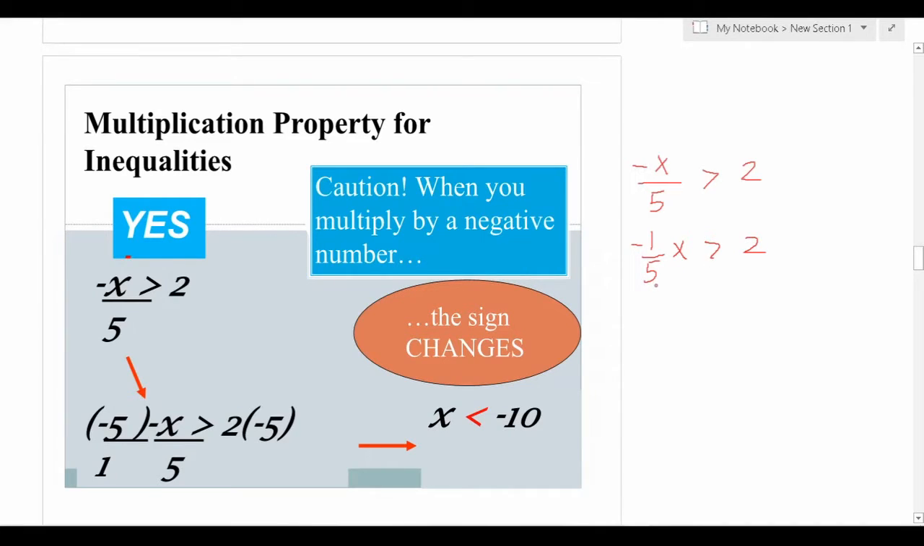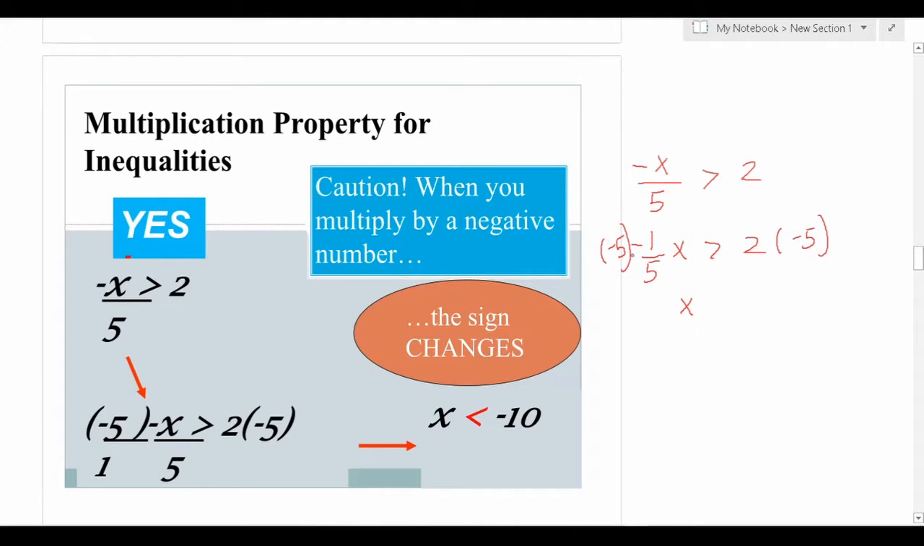And so we want to get x by itself, so we're going to multiply negative 1/5 by its reciprocal, or negative 5. And we're going to do that to the other side as well. Negative 1/5 times negative 5 is positive 1. Positive 1 times x is just x. And that leaves us with x is greater than,